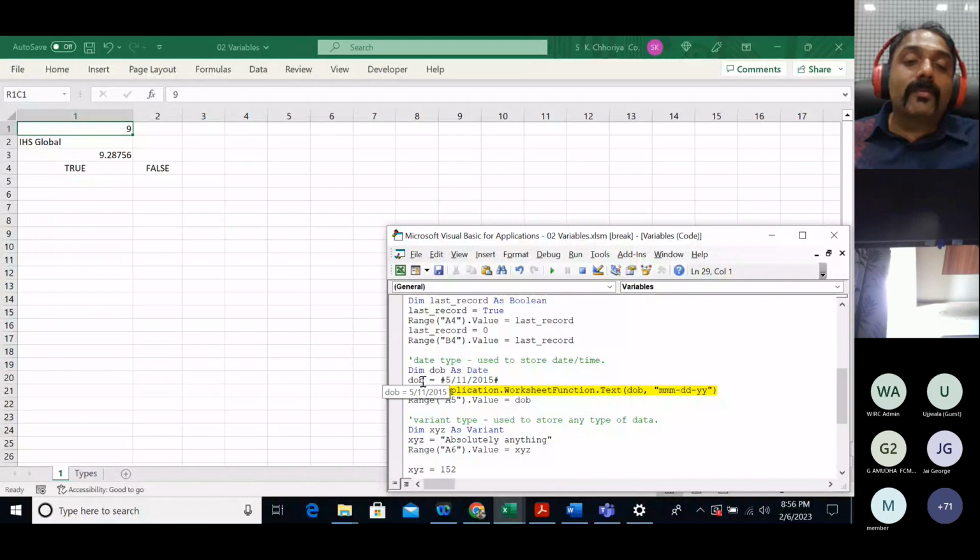What is the value of DOB? It is this. Okay, but I'm a little confused. Is it 5th November or is it 11th May? Let us see in which format it is. This is MMDD when I use hashes. But since I'm a little unsure whether this is 5th November or 11th May, I use another command called